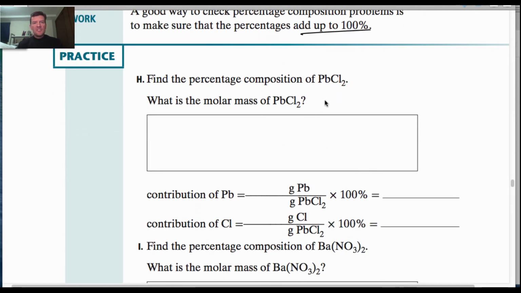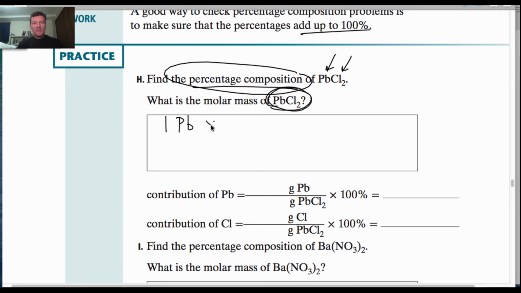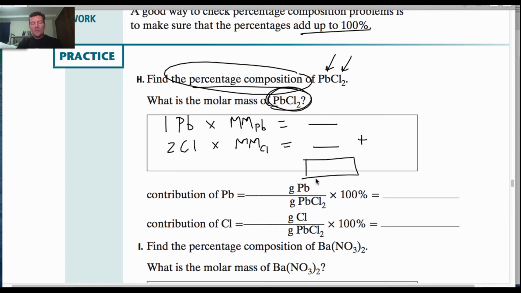Okay, so we'll do the numbers here. I'll just walk you through the procedure if we want to find the percent composition. And when it says percent composition, it means of each element in the compound. So to find the molar mass of lead(II) chloride, I have 1 mole of lead in a mole of this compound, so I would multiply that by the molar mass of lead, and I would get that number. Then I have 2 moles of chlorine, so I'd multiply that by the molar mass of chlorine, and I get a number, and I add them together in order to get the total. This would be the total molar mass